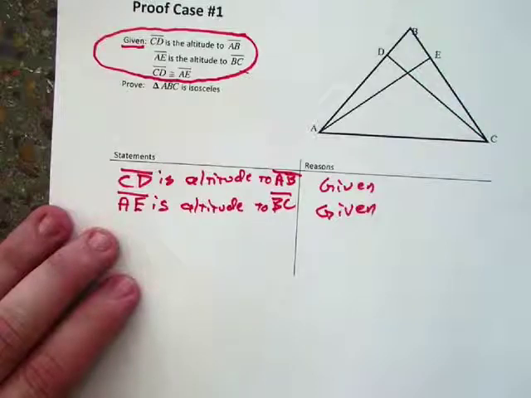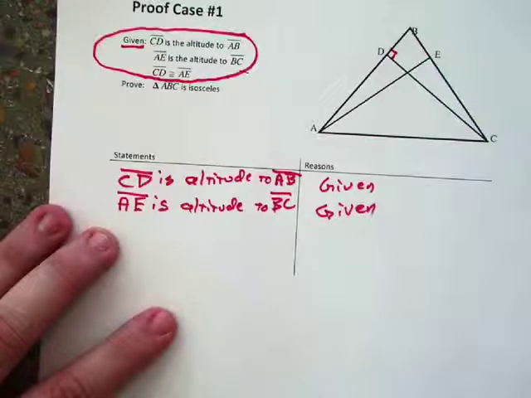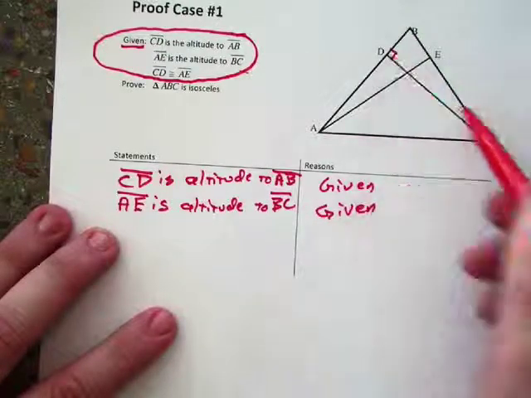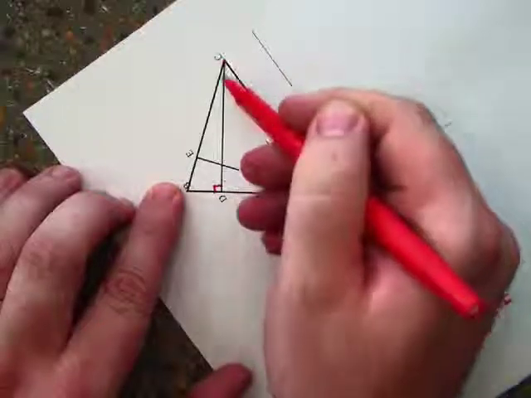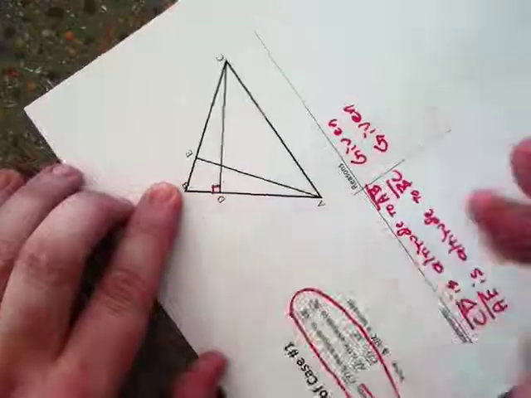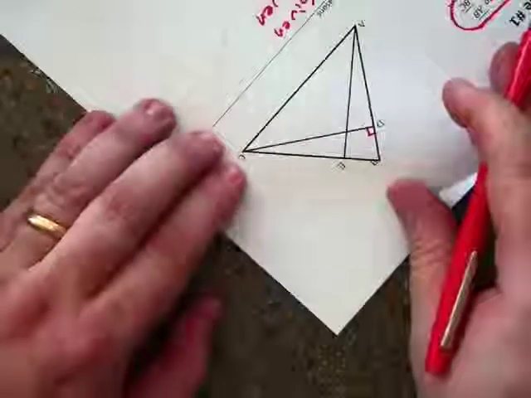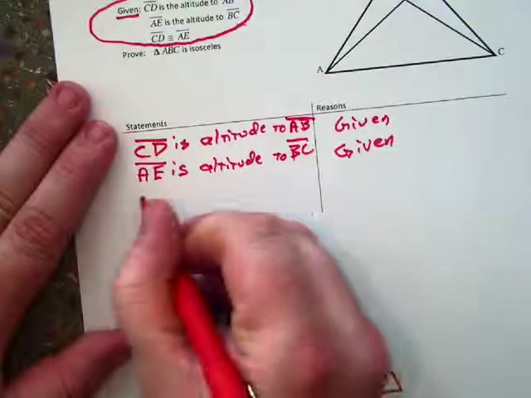Now with both of those being given, we look and see, okay, what can we tell from that? Well, like I was saying, the rule of altitude says that this has to be a right angle because it tells us how tall that particular triangle is. So if I were to ask how tall is that triangle? Well, that triangle is as tall as that line right there, DC. But that makes that 90 degrees right here. Same if I did a triangle right here, trying to see how tall it is, that would make that a 90-degree angle. So we can tell that angle D